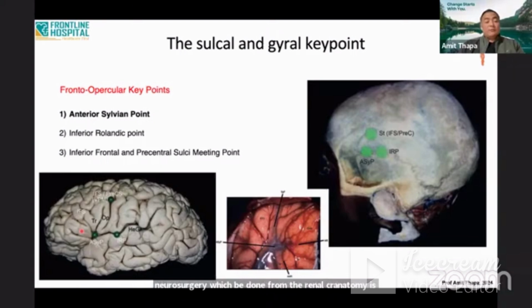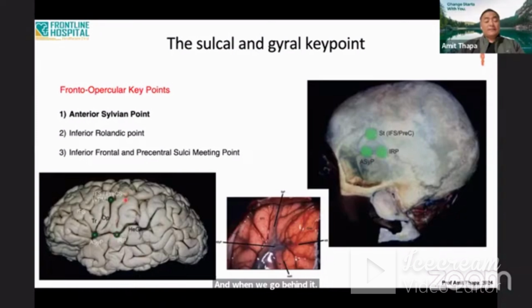So one of the key points is the anterior sylvian point, which is basically the area where the stem of the sylvian fissure comes out on the lateral aspect, and it is pointed by the triangularis just behind the pterion and directly hitting on the anterior sylvian point, and from where we can start dissecting the sylvian fissure either proximally or distally. And when we go behind it, we will reach a point known as the inferior Rolandic point, which